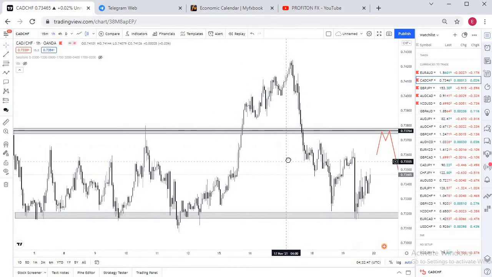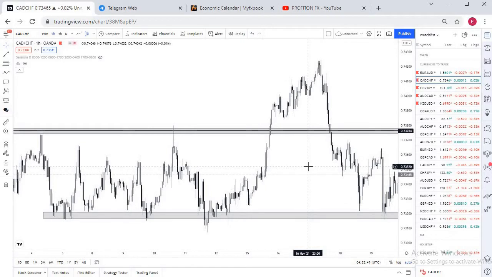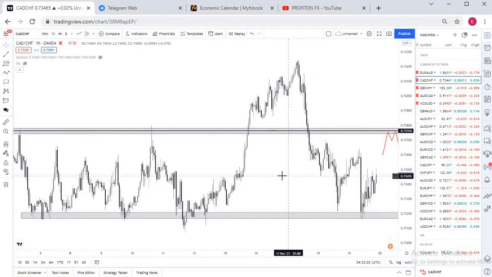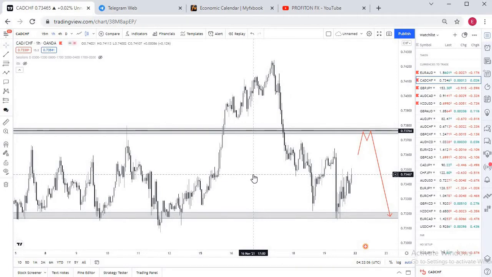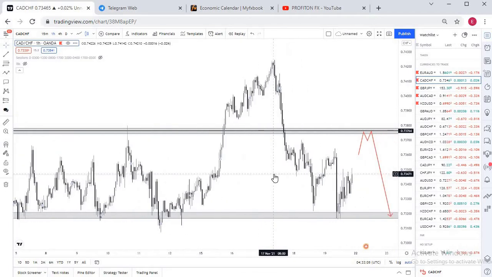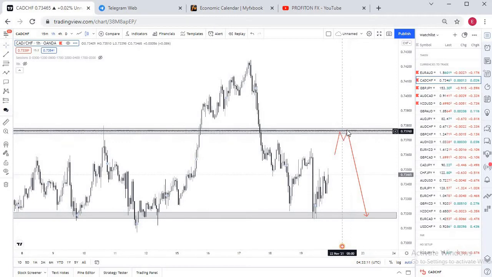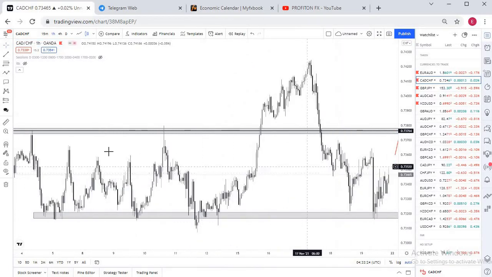Now currently, based off of these two actions that happened here, price breaking without reacting to this level, I'm not certain if this level is still valid. However, I will prefer to see price come to this level here, react, possibly form a double top or multiple rejections. If that happens, I will be ready to go short on this market,